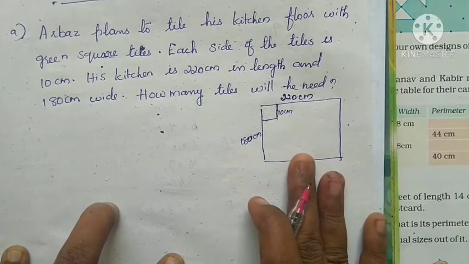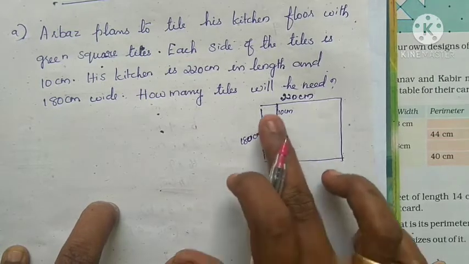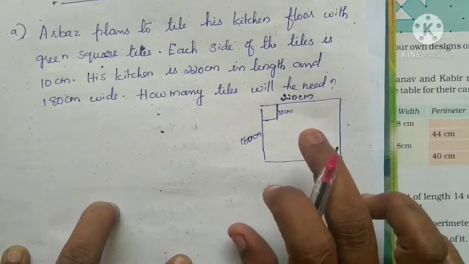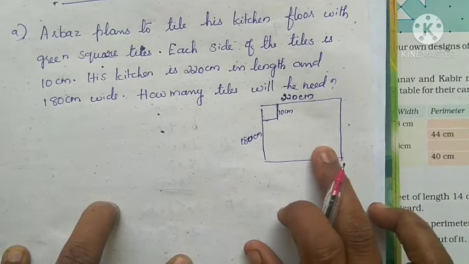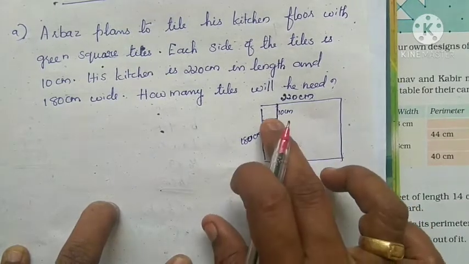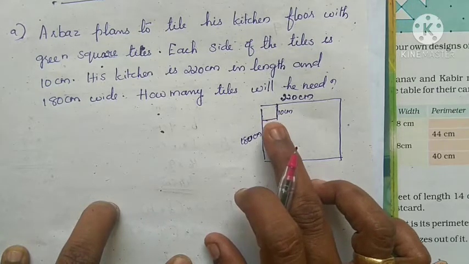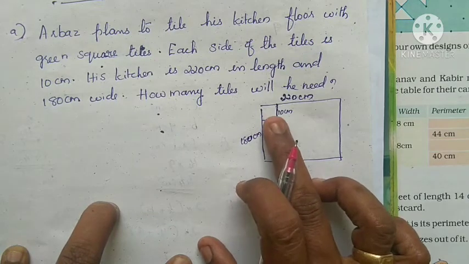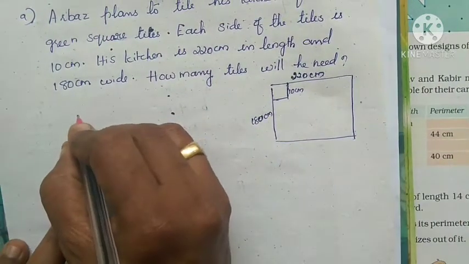So at that time we want to find out the area, because the space enclosed in a figure means area. So the question means we want to find out the area of a big rectangle and also the area of this small rectangle. The small rectangle is a square type. So first we want to find out the